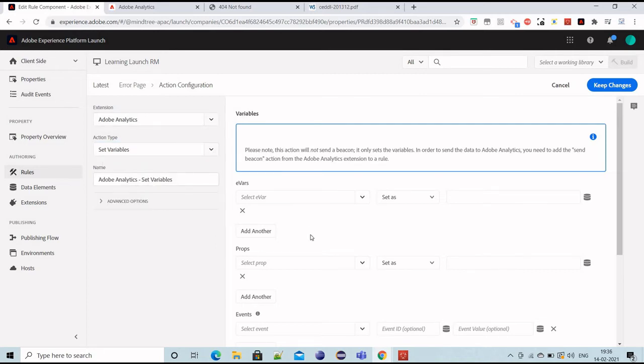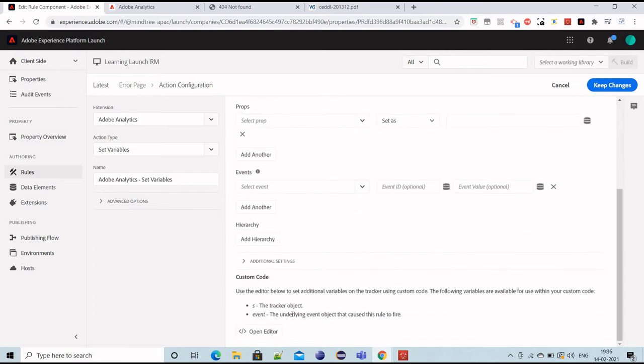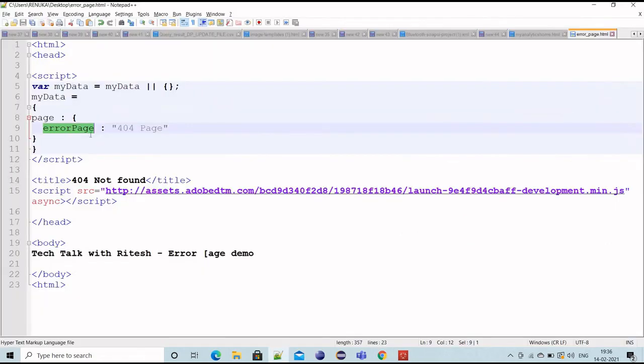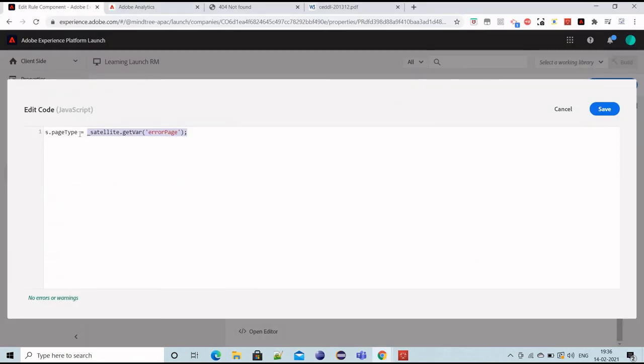If I scroll down, this is the out of the box method. I'm getting the error page, which is this one, and I'm setting it to the page type property, as dot page type.